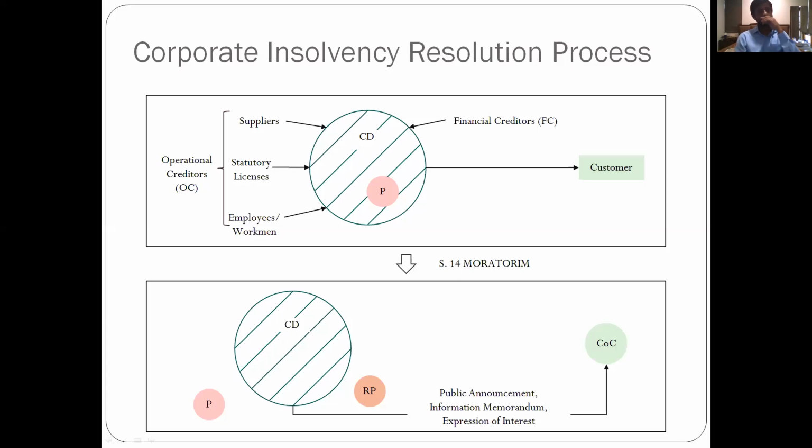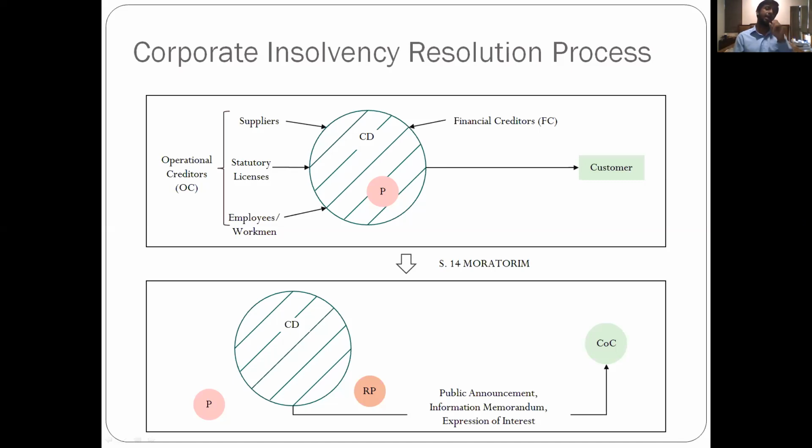Second in the list is a government entity. So any license that you have, any permission that you receive from the government, or any GST authority, any input tax credit that you have to pay, any VAT, excise duty, customs, just about anyone. That's the middle part. It's fairly simple. It's the mandate or the permission from the government to run a company.